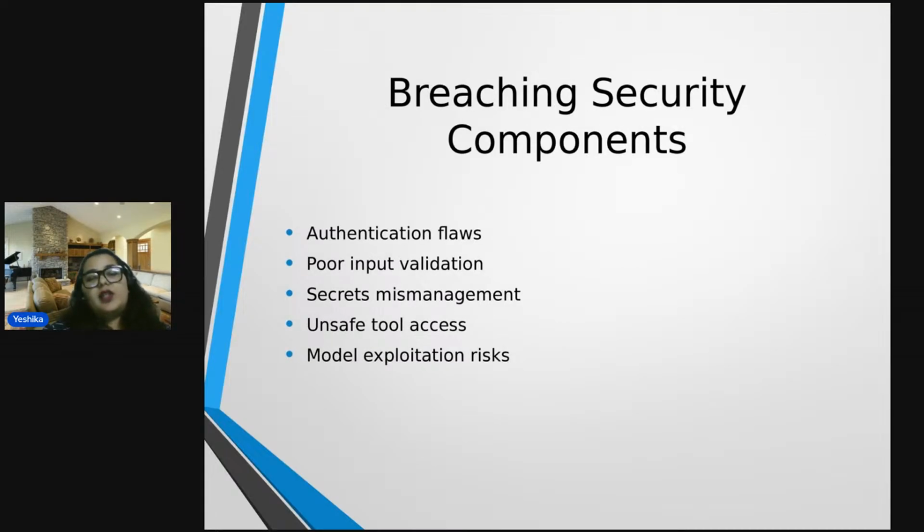Yes, definitely, breaching security components. The basic triad on which security works is confidentiality, integrity, and availability. It might breach component level resources.